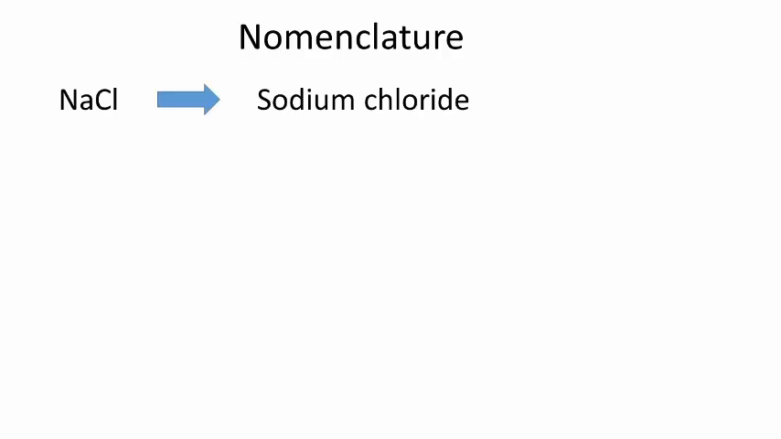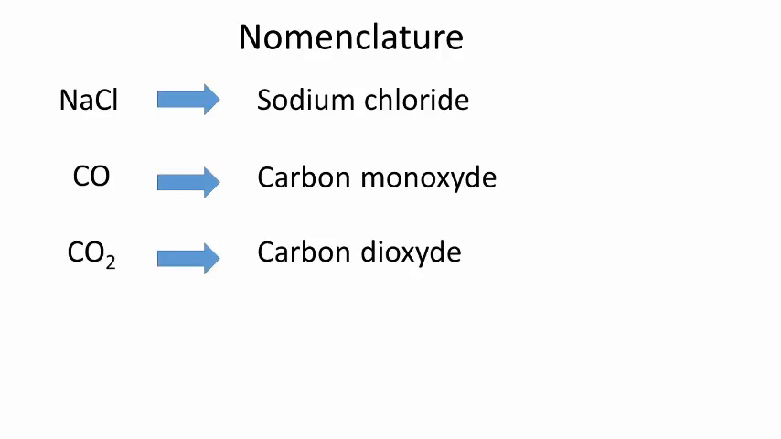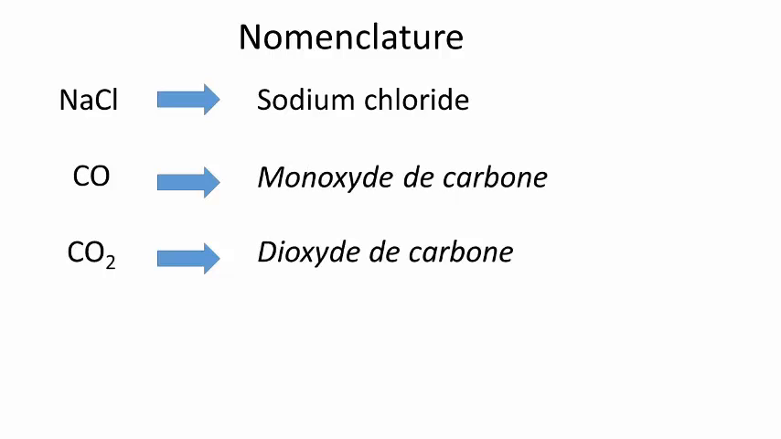Nomenclature is the systematic naming of chemical compounds. Whether a compound is covalent or ionic, nomenclature in French is done from right to left, as opposed to left to right in English. NaCl is sodium chloride in English, but is chlorure de sodium in French. CO and CO2 are carbon monoxide and carbon dioxide in English, but it is monoxyde de carbone and dioxyde de